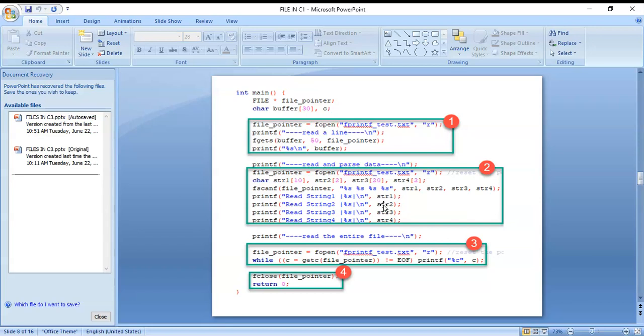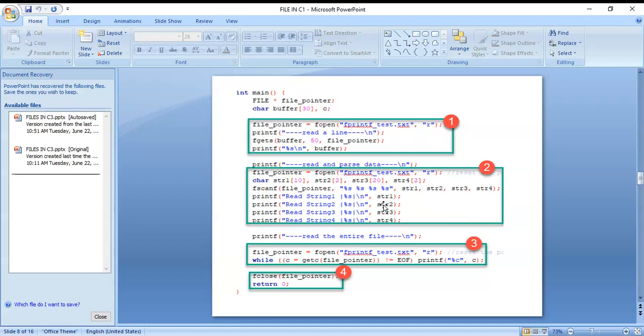Next fgets of buffer, comma, 50, comma, file_pointer, and printf "%s\n" buffer. Next printf "read and parse data", and the file pointer is called fopen of that file in reading mode. Next char str1, str2, str3, str4.